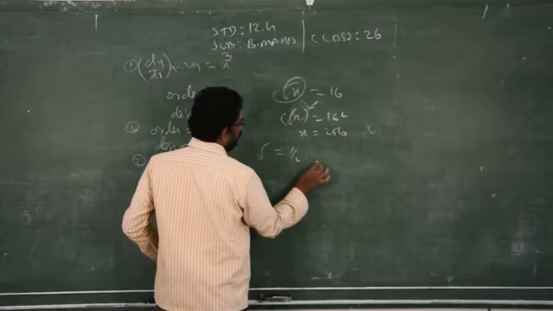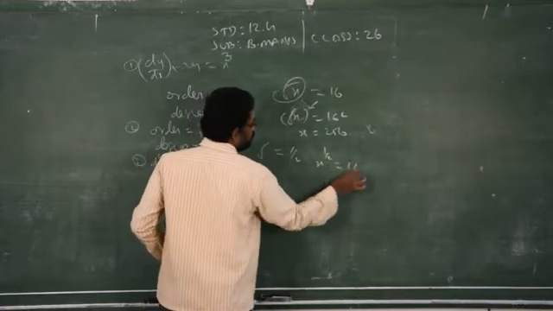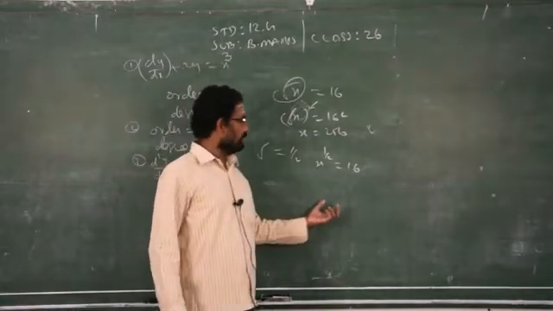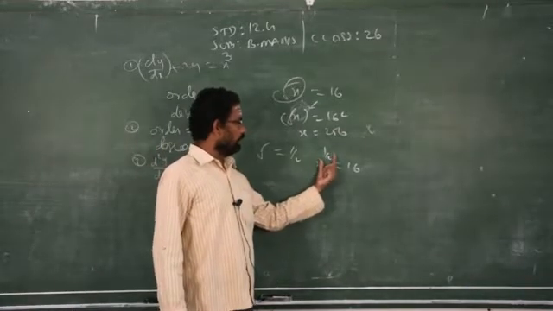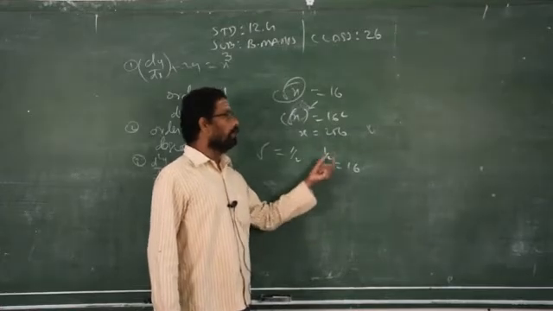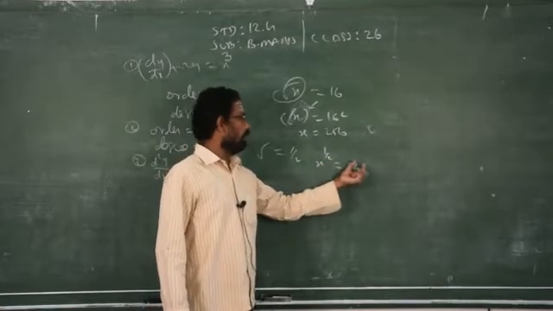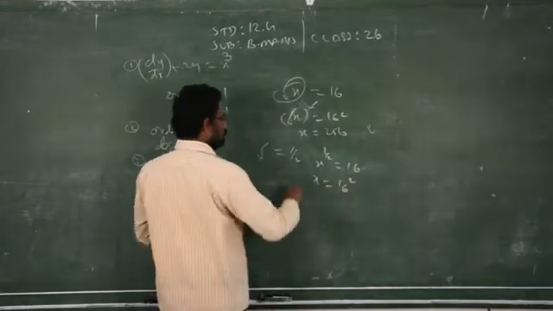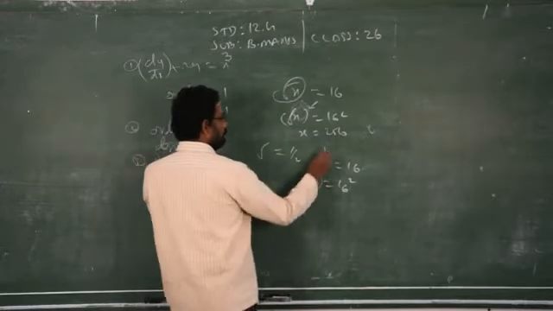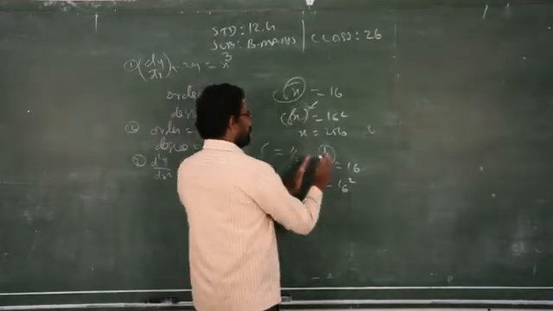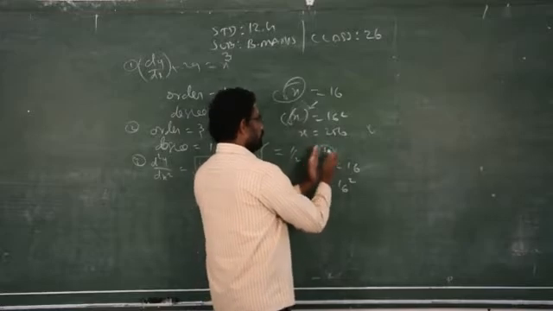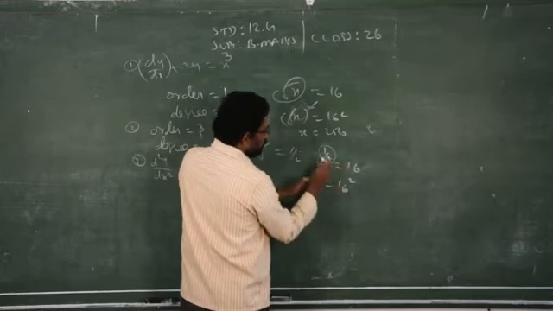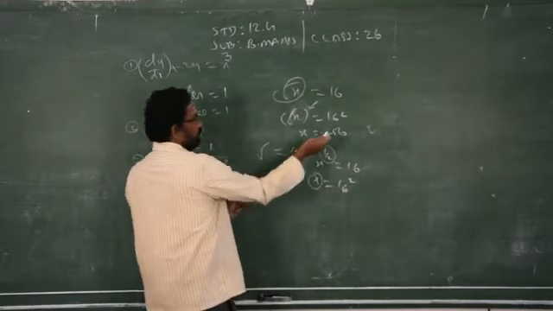So you have to write x power 1 by 2 is equal to 16. So what is the actual procedure in the radical concept? When you transfer the power of any number or any variable either from left side to right side or right side to left side, you are supposed to take the reciprocal. So I need to find the value of x. What is the power? 1 by 2. So when you transfer the power from left side to the right hand side, you take the reciprocal. The reciprocal of 1 by 2 is how much? 2. So you get the same answer.